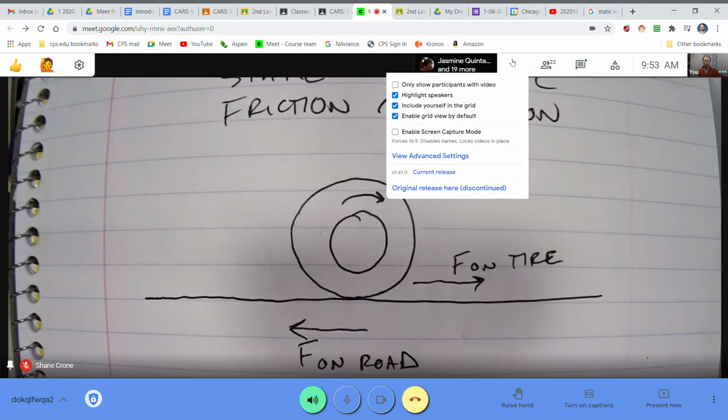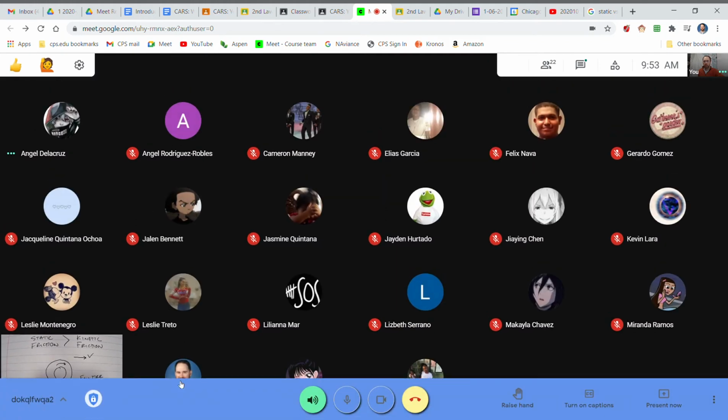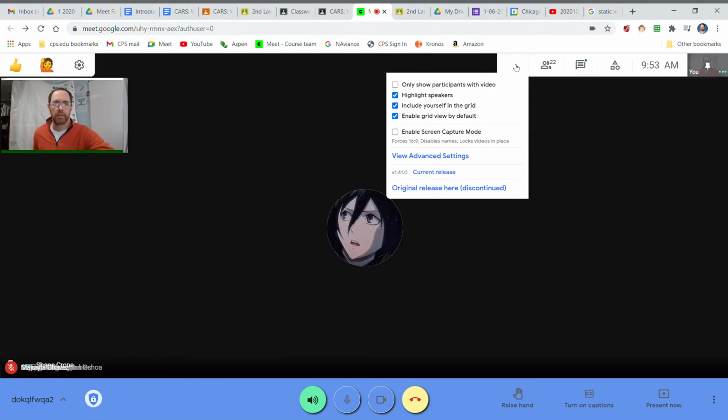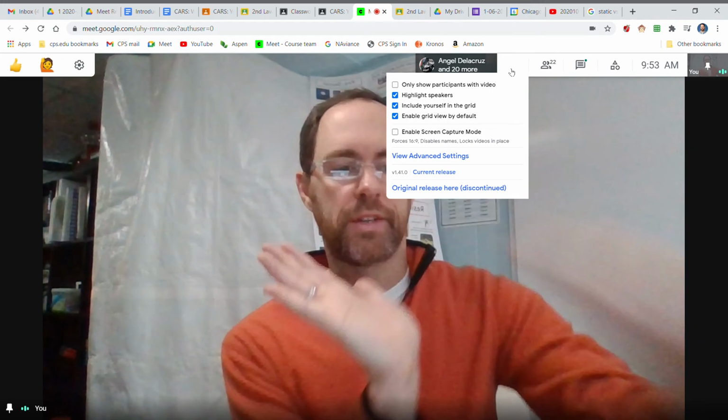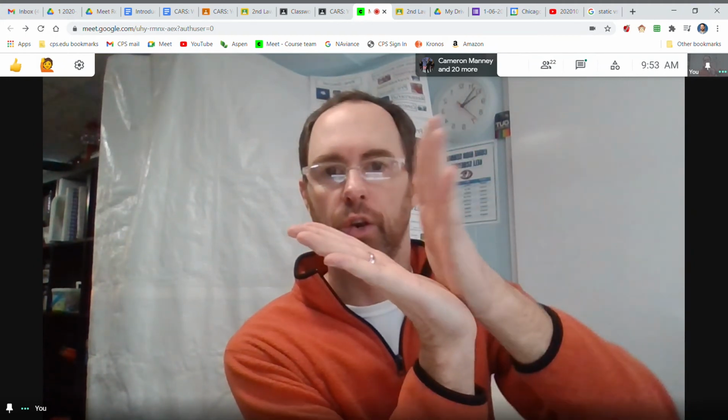Okay, there we go. Look, when the tire is rolling, look at my hands. Are my hands sliding past each other? That's going to be kinetic friction, if my hands slide like this. When the tire rolls, there's no sliding. The two surfaces are not sliding past each other. When the tire rolls, that is actually static friction because the two surfaces are not sliding past each other, which is the requirement for kinetic friction. So as long as the tire is rolling, you have static friction.